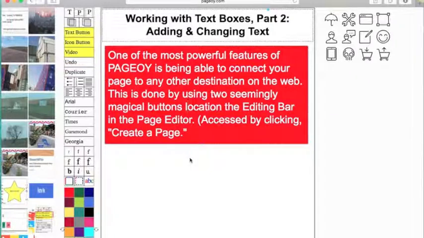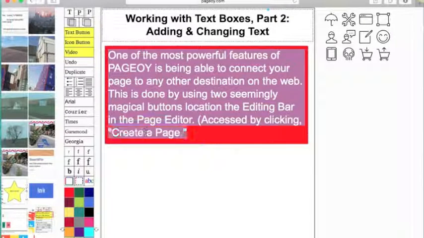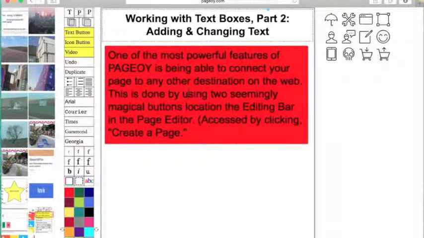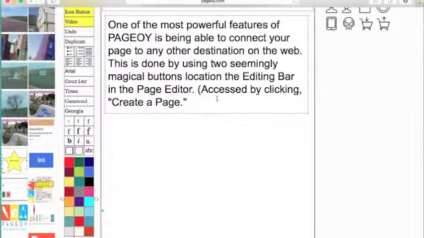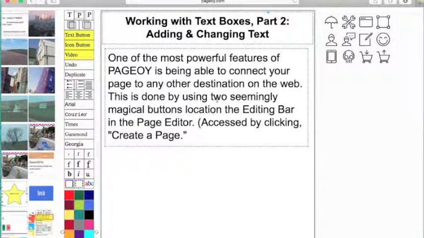Here's a feature you're going to really find useful with PAGEOY. Let me just make a little change here. Let's get the text to black. Now, you may not always want a background to your text. Hit No Fill, click on the box, and now your box is translucent. What can you do with a translucent box? Well, let me eliminate some of the text here,